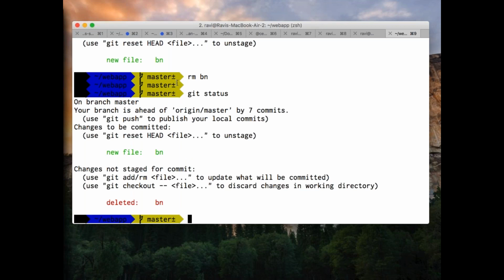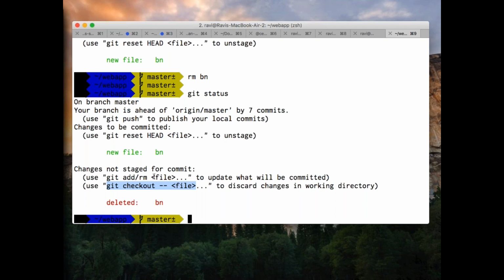what you actually did, you basically tried to delete the file which was there in your staging area. Now it says changes are not staged for commit. If you want to get that back, do something called checkout file, or if you are sure that yes, I want to delete that, I don't need that file, then you'll say git rm and that file name, not simply rm, git rm.